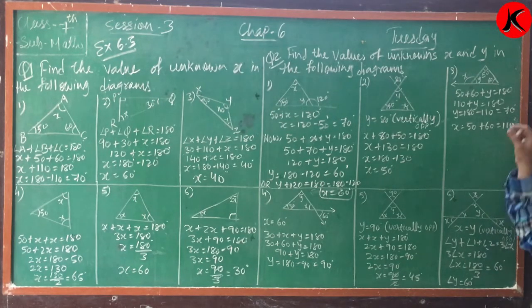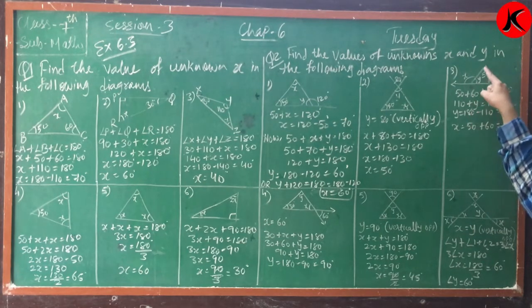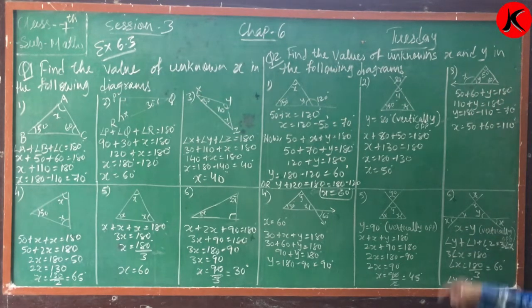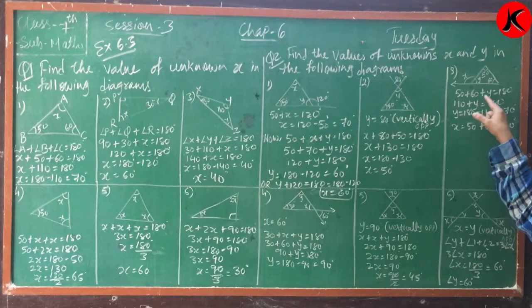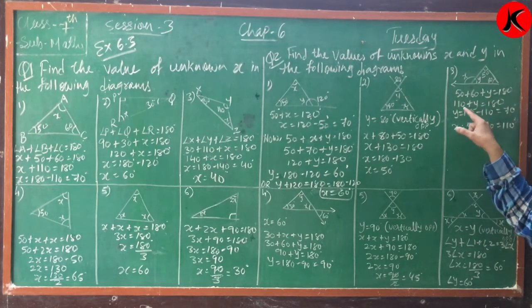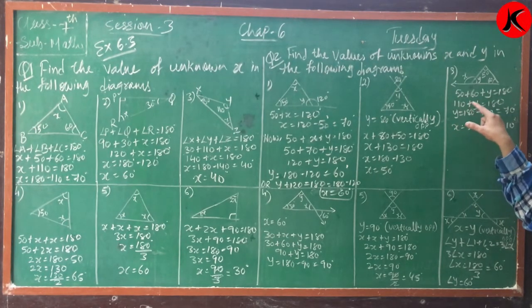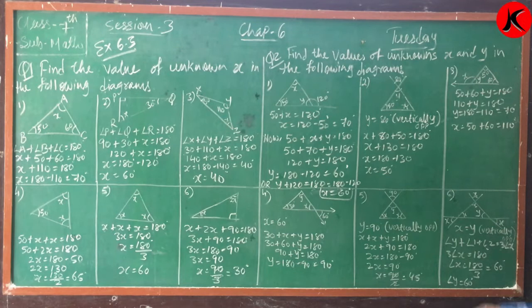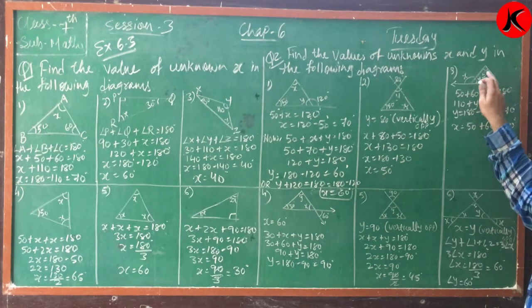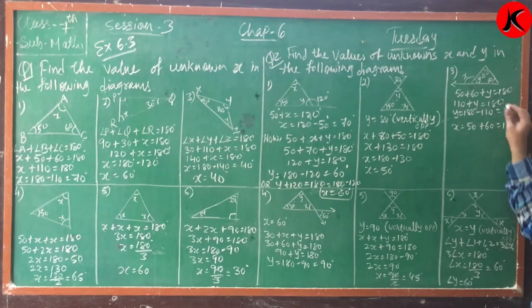Next, this one. Okay, here also पहले triangle का find करो. 50 plus 60 plus y is 180. 50 plus 60 is 110. Straight line, 180 minus 110 is 70. Now here either you can add these two, 50 plus 60 is 110, तो मुझे x मिल जाएगा.